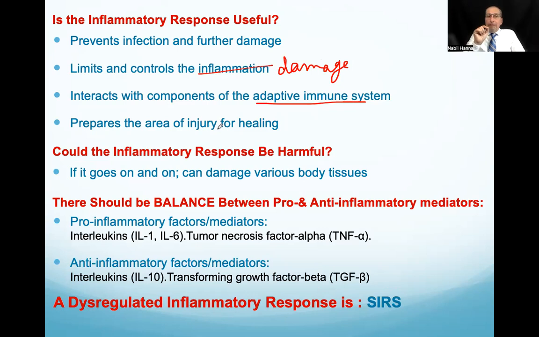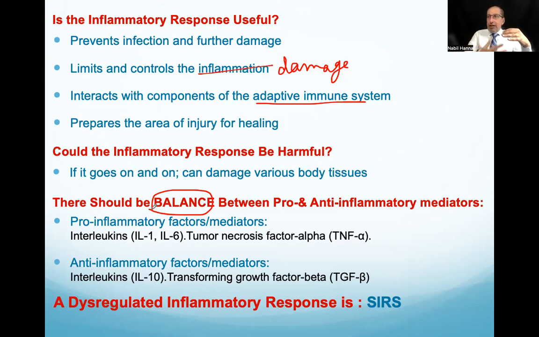So could inflammatory response be harmful? Definitely, if it goes on and on. Imagine if all your tissues are red, hot, tender, swollen, and you lose their functions. Then you're going to end up having multiple organ dysfunction syndrome. Therefore, there should be a very well-organized balance between the chemicals and cells that initiate and maintain inflammation,